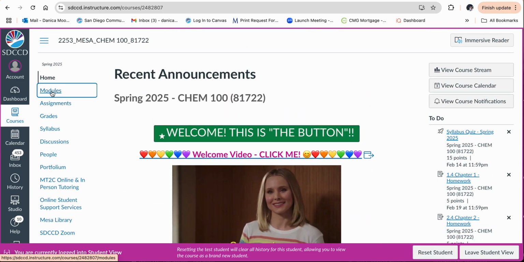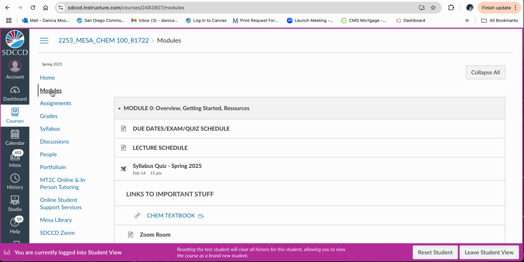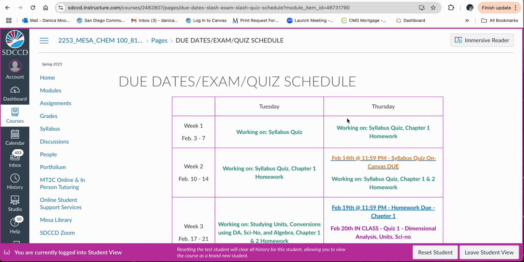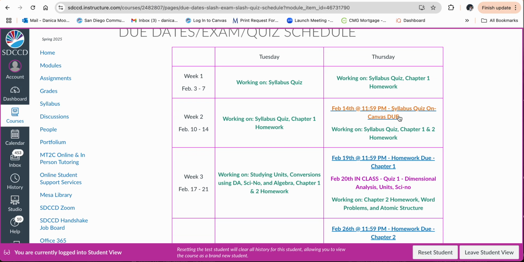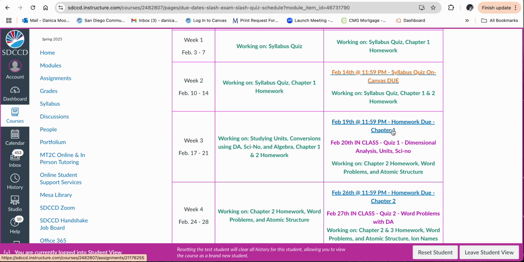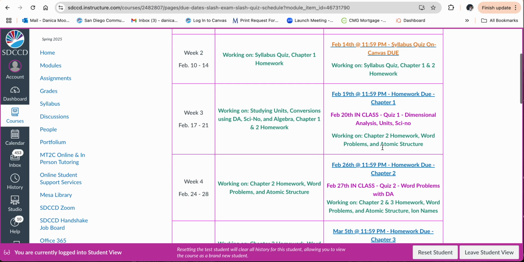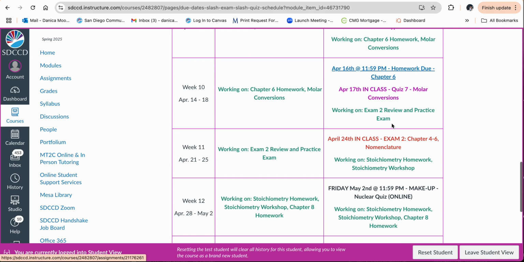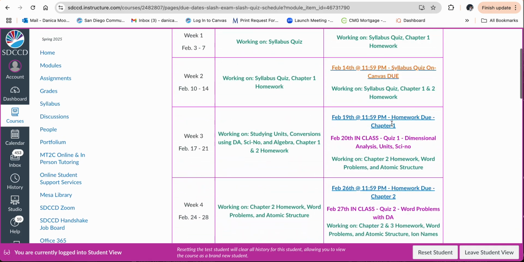So the next thing to look at is the modules. So the first module is just giving you some of the basic information you might need for the course. So you've got your due dates, exams, and all of that kind of schedule. So anything in orange is going to be an online assessment. The green is what you should be working on. The blue are homework assignments, which are hyperlinked. And then the pinkish purplish here are the in-class quizzes. And then in red, you have your chapter exams. All exams are in class, and